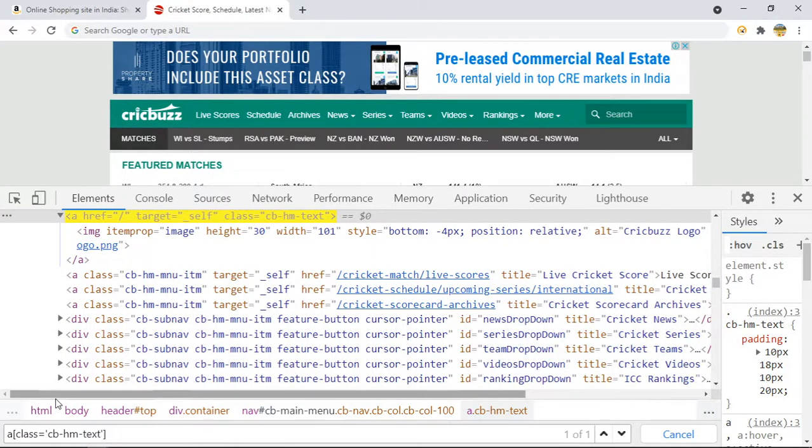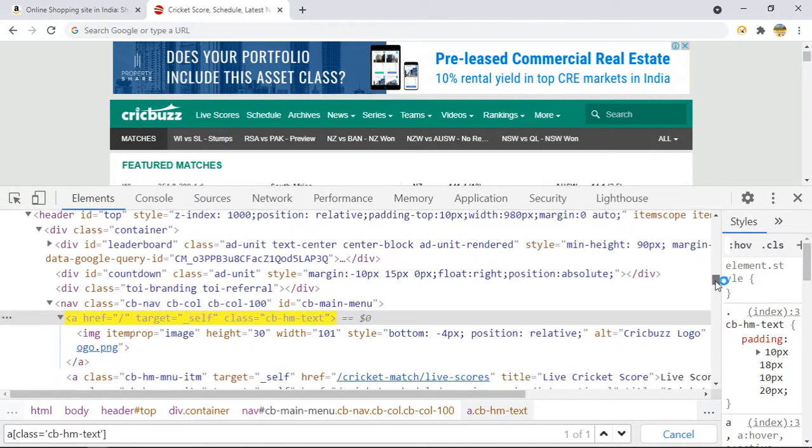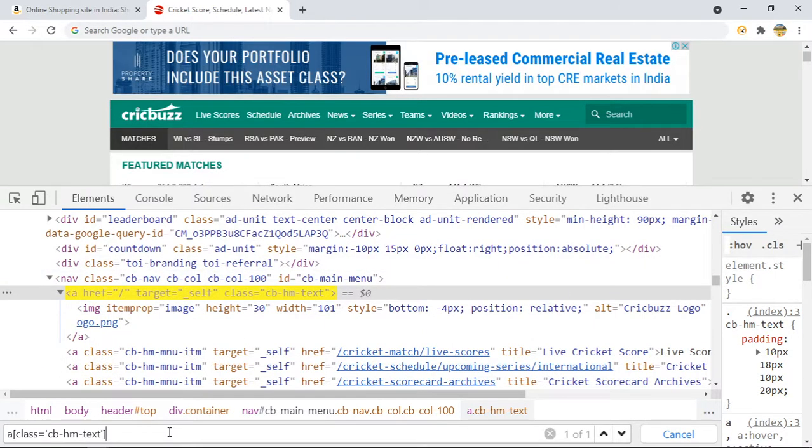But sometimes I will not get a unique element. Like suppose I am getting 1 out of 2 here. So just like XPath, we can keep on concatenating. How can we do it? I will put one more bracket, and suppose I take this one, target equals to self. So no at the rate, target equals to self. This is how you can keep on concatenating till the time you find the unique element. Is it clear to everyone? Just do not put at the rate, otherwise it will not give any element. So this is what we have done.